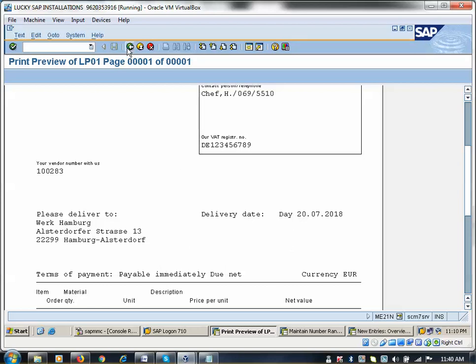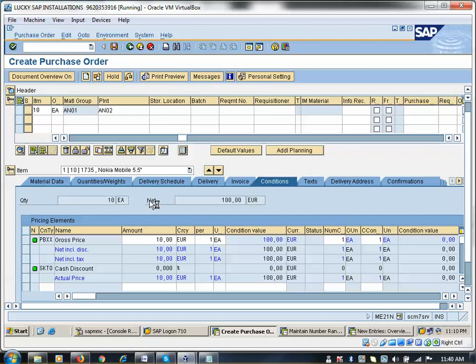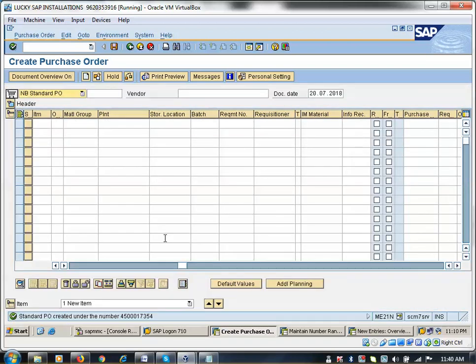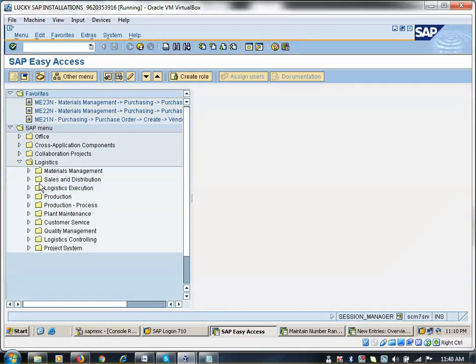Okay. So now I am coming back here. Click on save. So now here, once the PO is created for company code 1000, I approved the PO. That one also you need to do here. Okay. So I updated PO 354 here. What is the T code for PO approval?